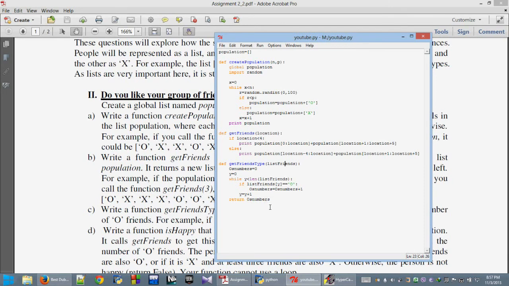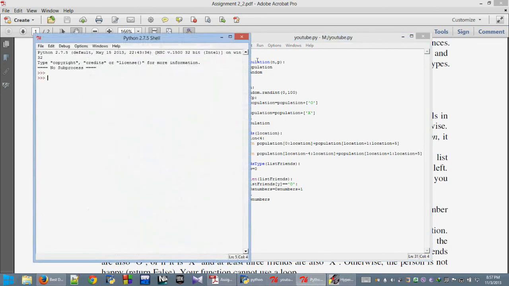Now we should make it return, because we'll be using these lists inside this list. If you don't return and you print, it won't work inside this. So save, create